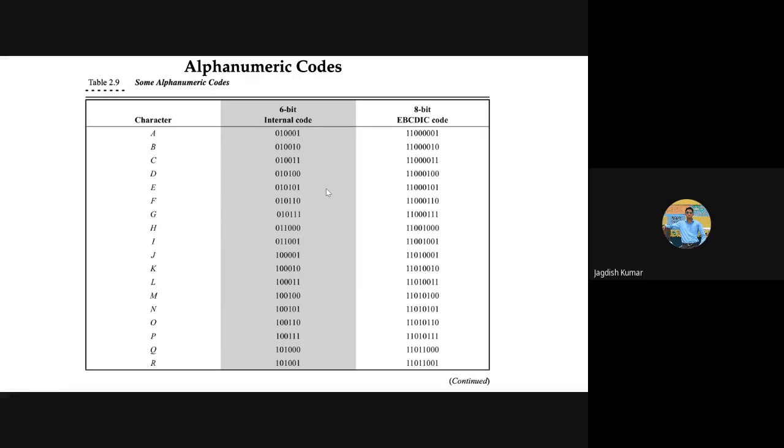But the main thing here is that whenever you are going to design any circuit or any digital device, you have to decide how your input will be converted, because any user who is going to use your digital device is not going to prefer to work in binaries, zeros or ones.